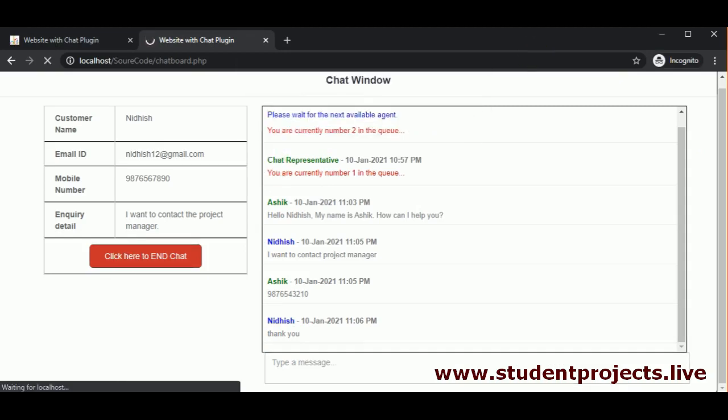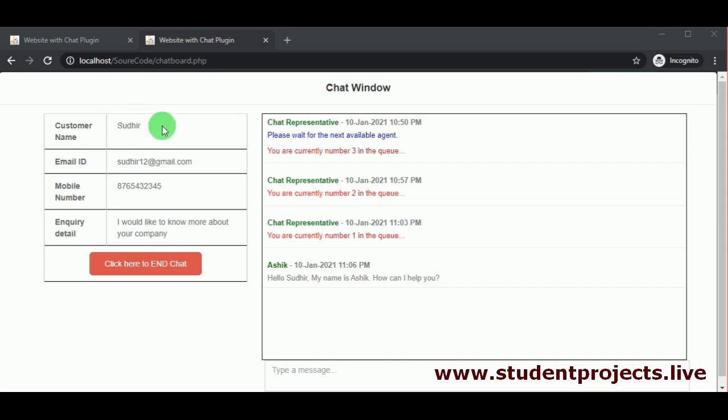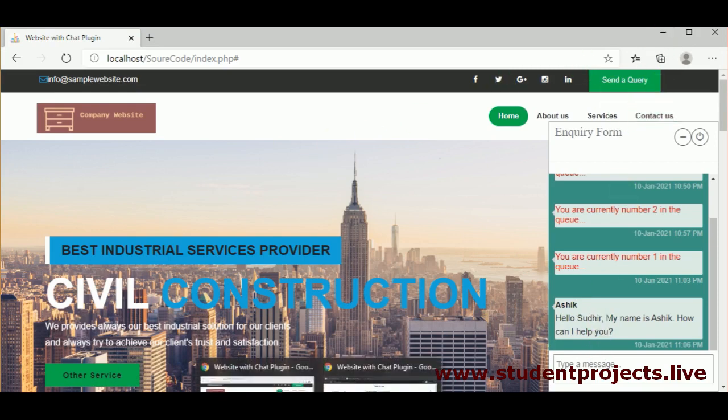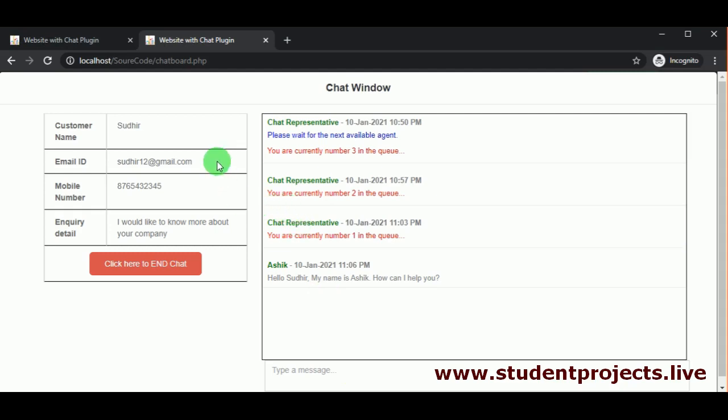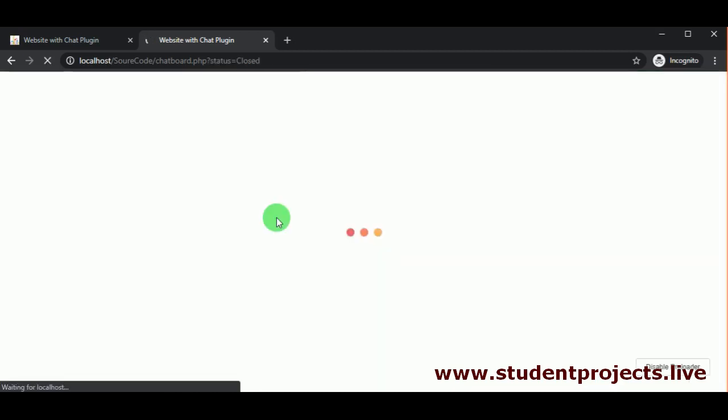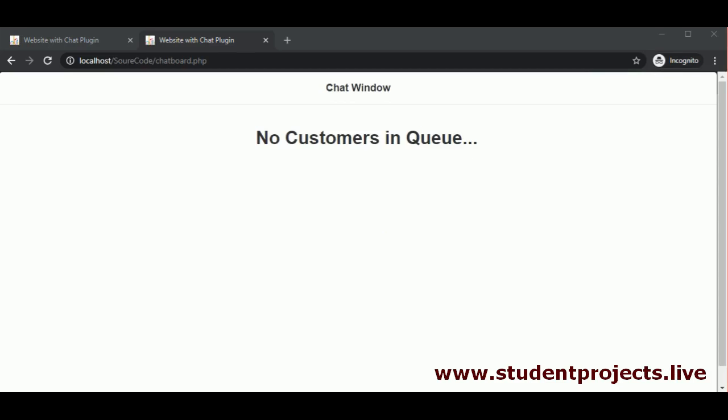And now automatically the third customer's window is connected to the agent, and you can see even in the third customer's window the chat is available. On clicking here to end chat, now the agent has completed all the chats and doesn't have any customers in the queue.